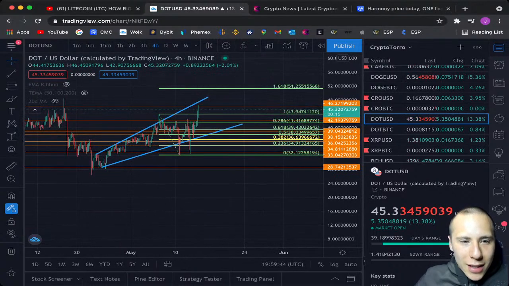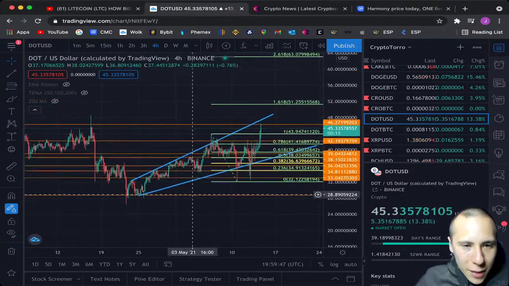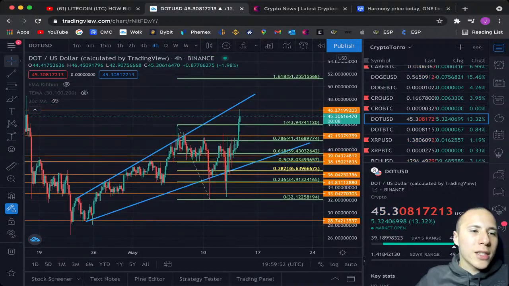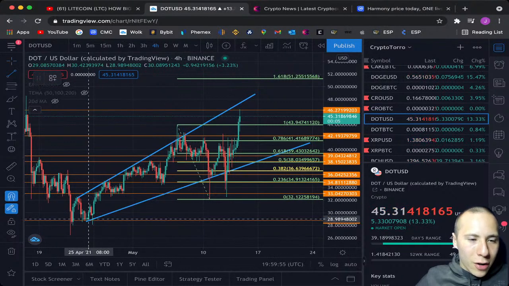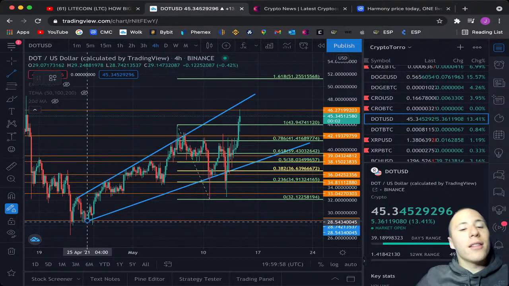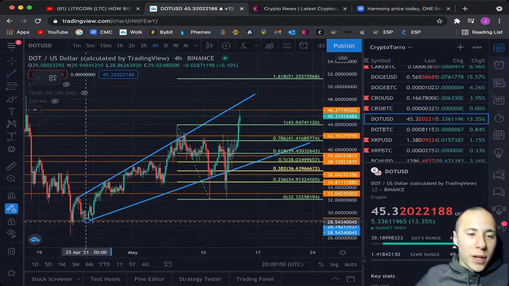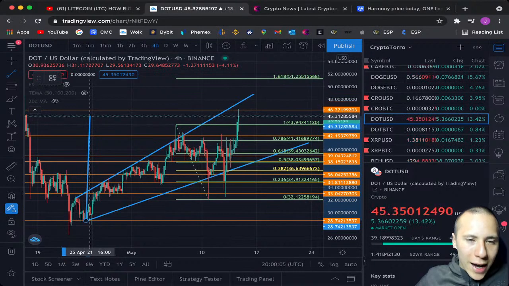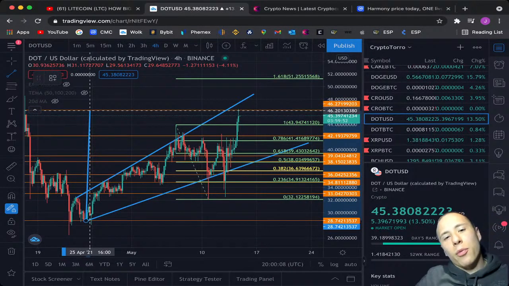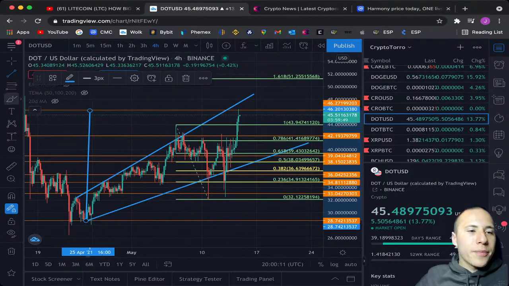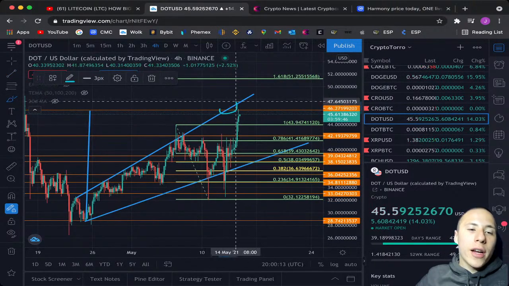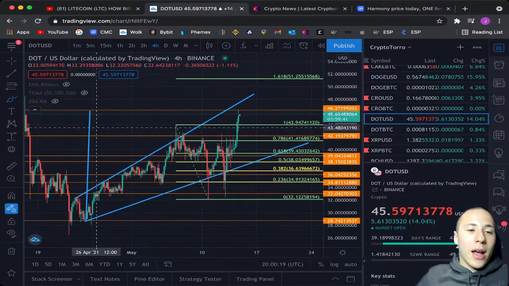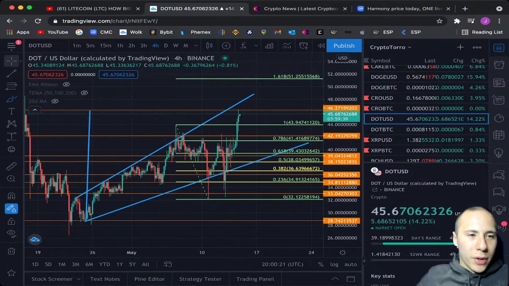So I will be measuring this out right away so we can take a look at the possible scenario of Polkadot breaking out towards the upside, and I will be measuring it once again as I did before as well on Cardano by placing the first point on the beginning of the upward sloping support line and all the way towards the current price action where we are at, but actually a little bit higher because it will be breaking above the upward sloping resistance over here. So that's why I also decided to place my price target all the way up to that particular point.